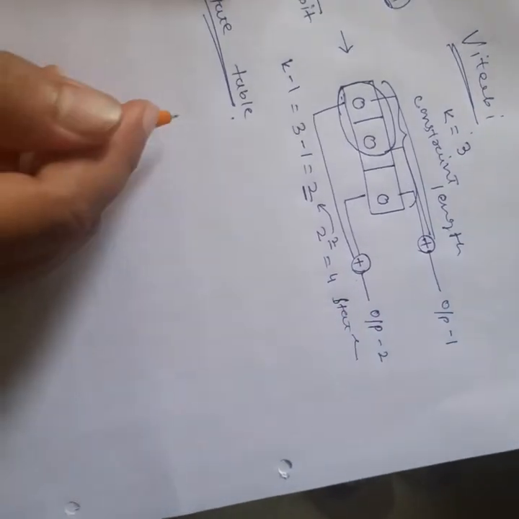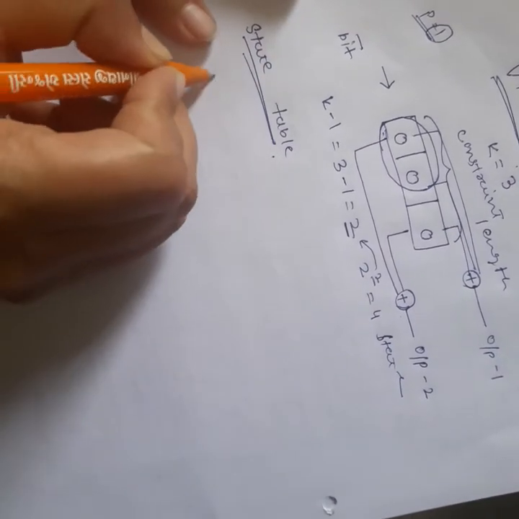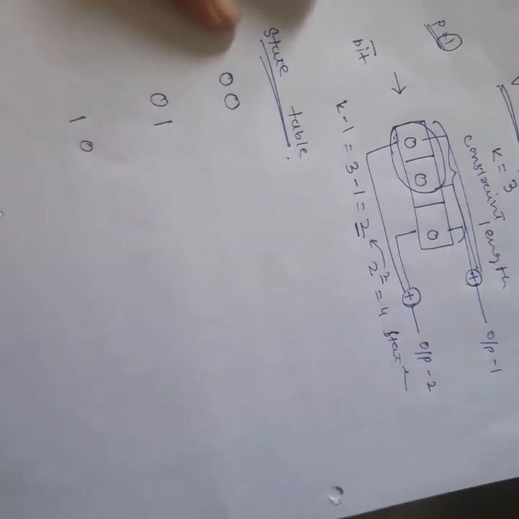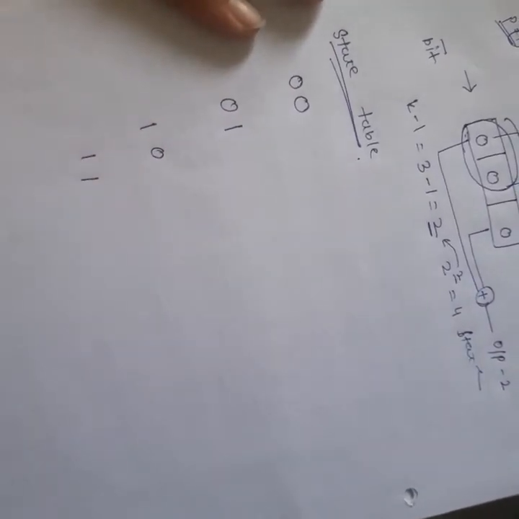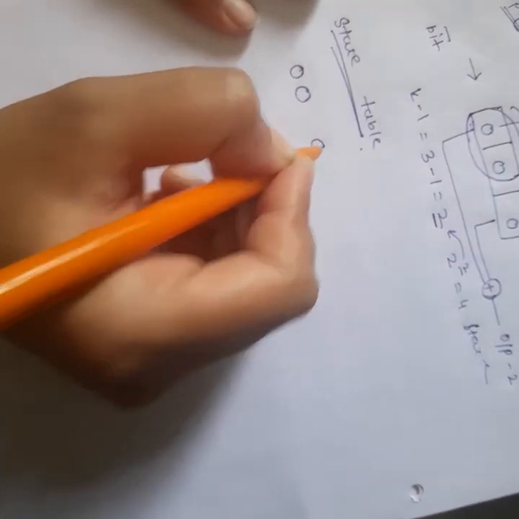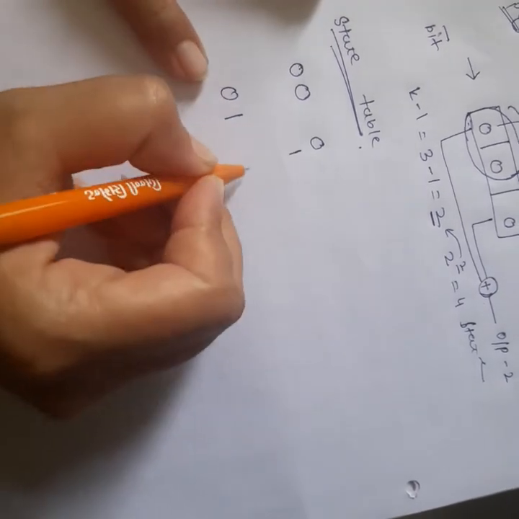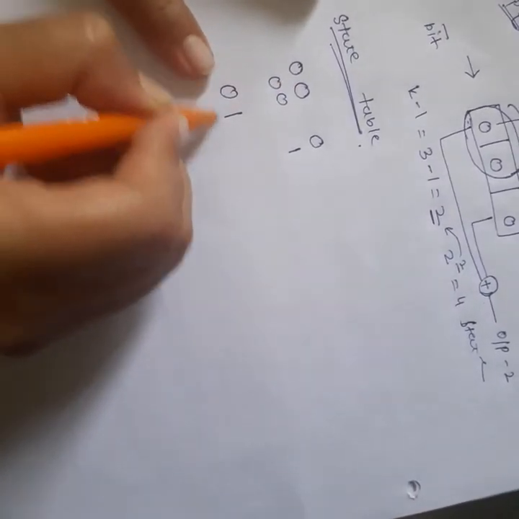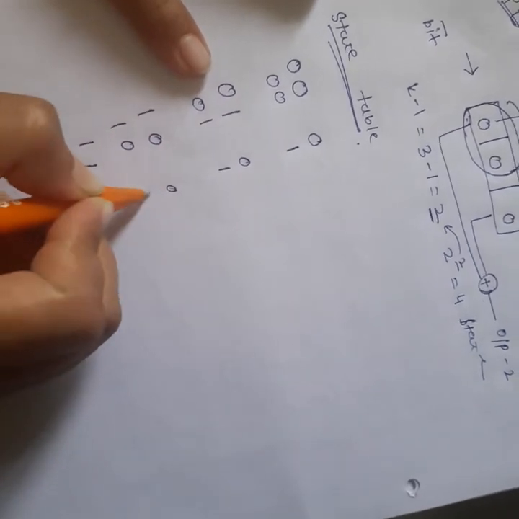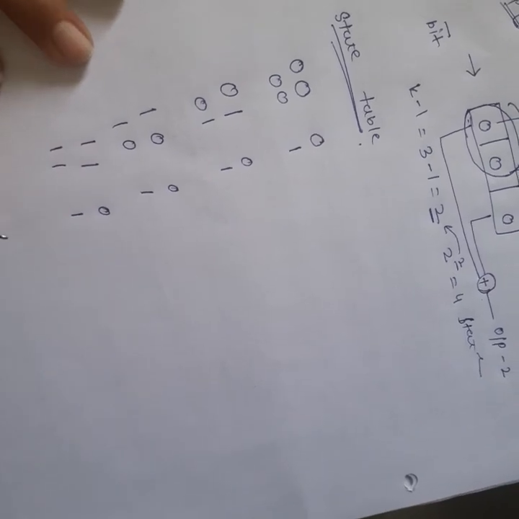I'll consider all 4 possible states, and I can provide 0 or 1 as an input. So I am going to consider 00, 01, 10 and 11. These 4 possible states would be there, but in 00 I may provide input as a 0 or as a 1. Same over here, I may provide input as a 0, input as a 1, right?